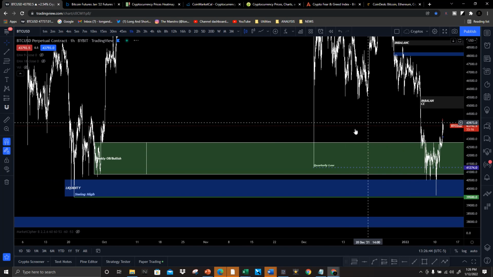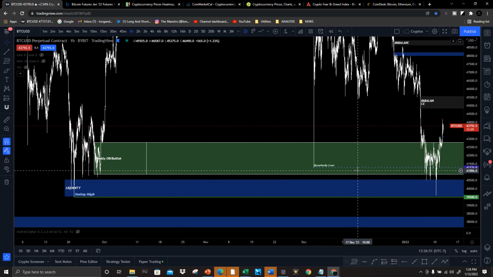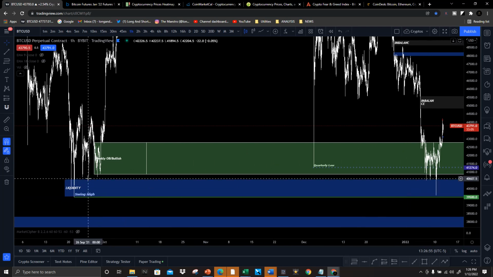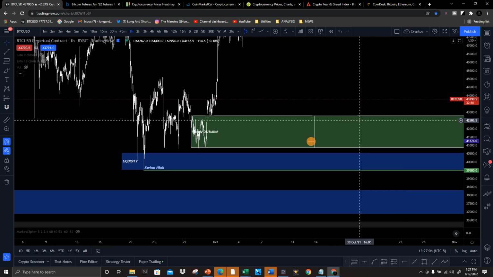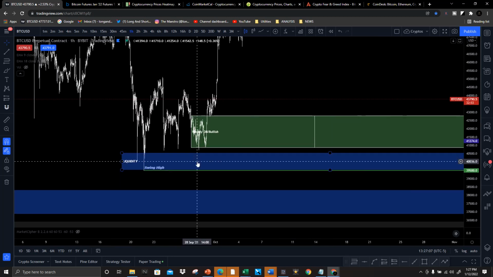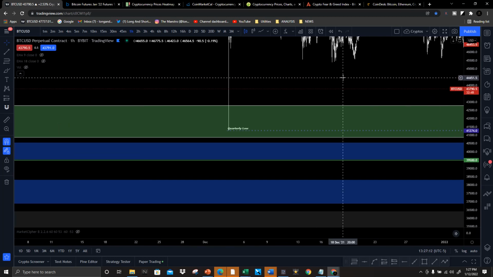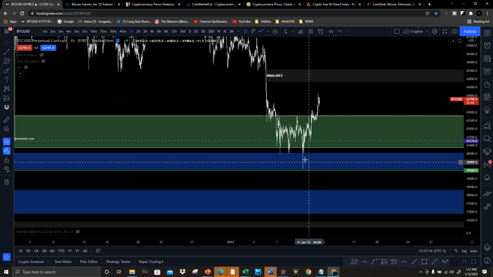If we scroll out a bit further, we can see that not only were these equal lows taken, but all of these here as well. Now, I would argue that these two equal lows did take out this liquidity, but for the most part, institutions are going to set it a little further behind these equal lows. Most retail traders, if they're going to set up a stop loss, will set it essentially right next to these lows. Institutional traders are a little bit further down. And so price did have to dive essentially to the bottom of this line in order to make sure that it caught enough liquidity for this push higher.